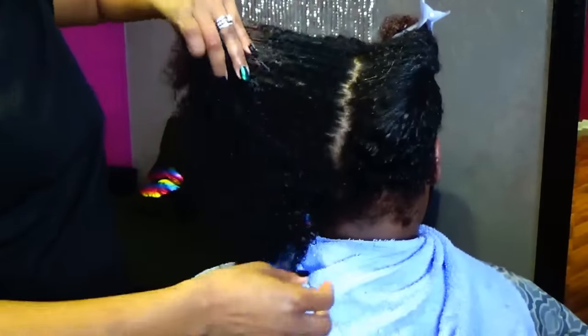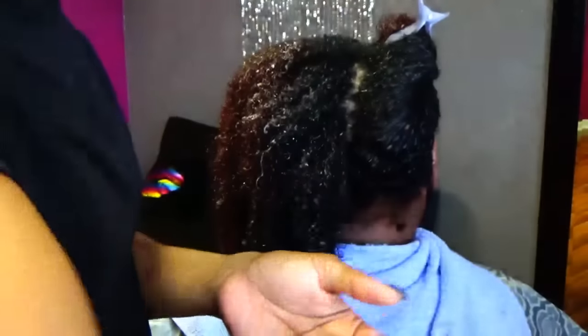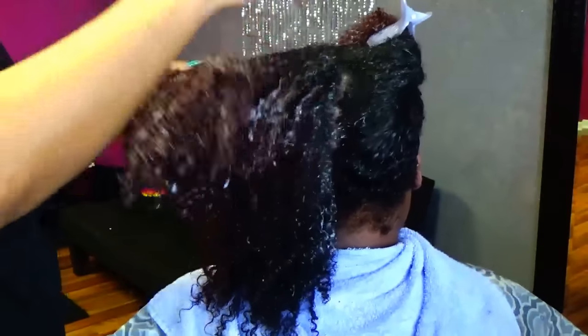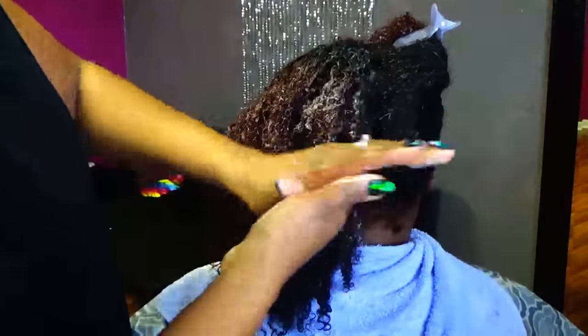So 2 sections. So I'm going to add more in this side. And again, I'm just using this Herbal Essence Hello Hydration. And I like to get it at the roots really good. She has color in her hair, so a lot of times it'll start to tangle right where the color starts, just because the porosity is different and the curls are different,